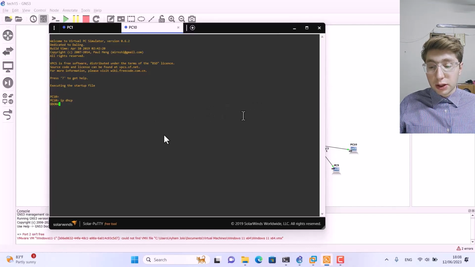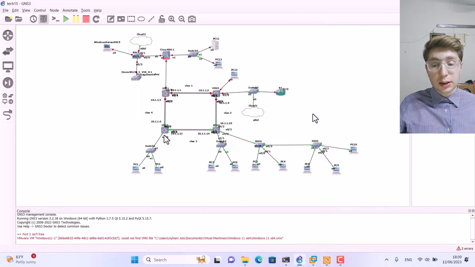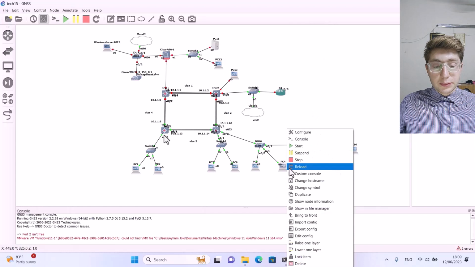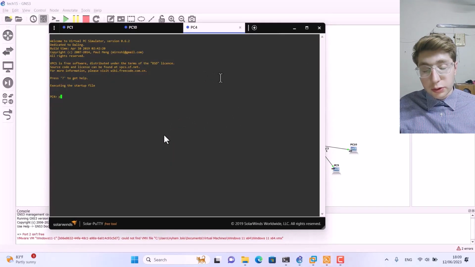After that I will try to ping between this computer and the other computer in another branch to test connectivity. So I'll try to ping this IP. As I can see, the first 2 packets request timeout, and after that it pings successfully. Okay, and now I will go to the switch and